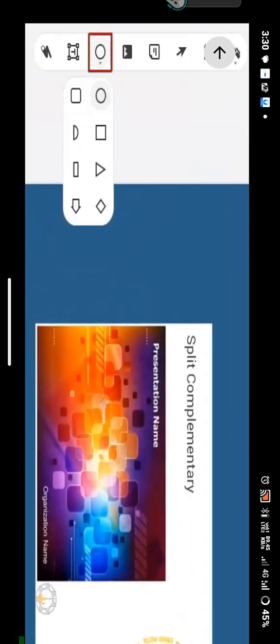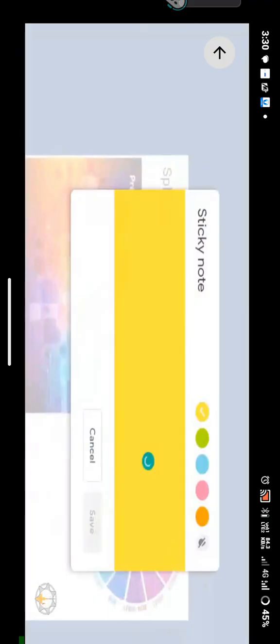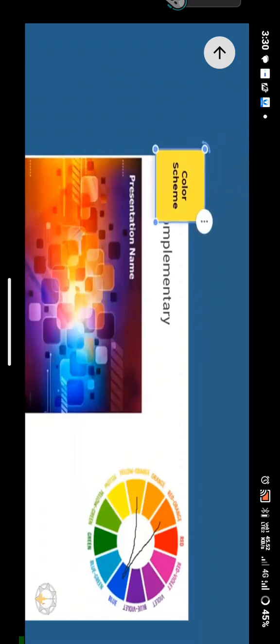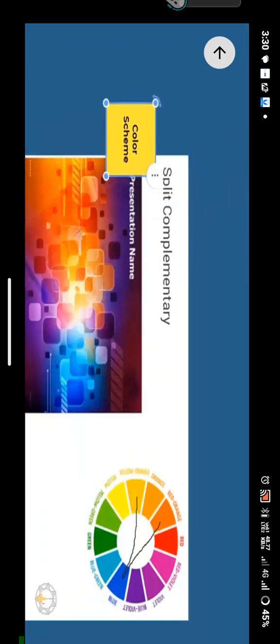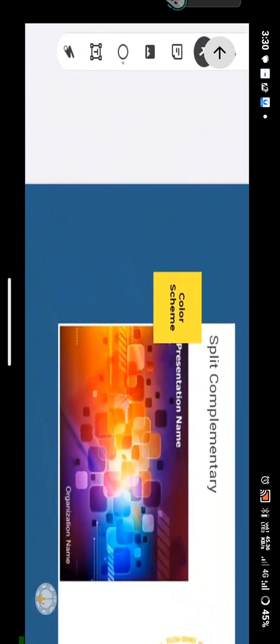See, for example, if I am trying to create a flowchart, all the required shapes are right here. I can make use of them. I also can add a sticky note, which can stay here. And as and when more and more number of details start coming to this whiteboard, we can make use of laser, which will highlight the part of the screen momentarily so that my participants can pay more attention to that